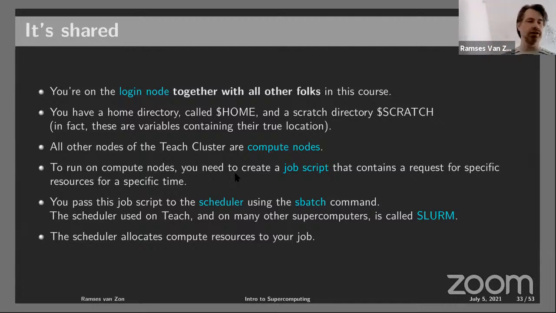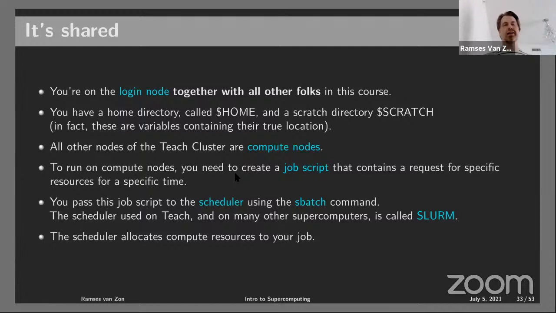So we're on the login node here. What does that mean? Teach is a cluster. It has 42 nodes. One of the nodes is set apart, and when you log in, you're on that node. The node has 16 cores. So if we're about 50 people here, there's 50 people sharing 16 cores, and you can imagine that that's not particularly efficient. But that's also not where we're going to be running our computations. We'll be running them on some of the other 41 nodes, but we can log into those directly.